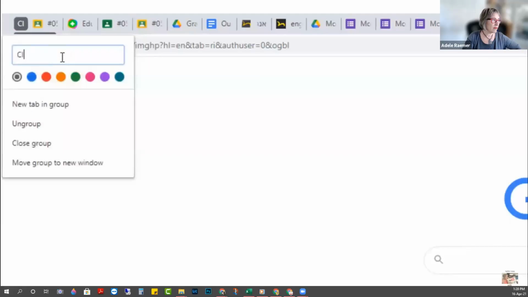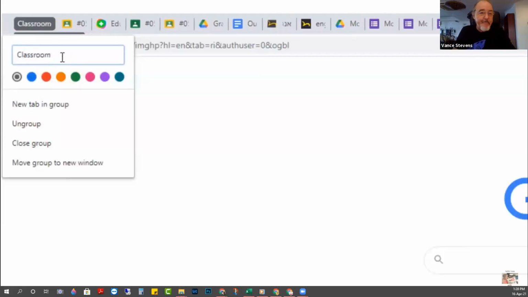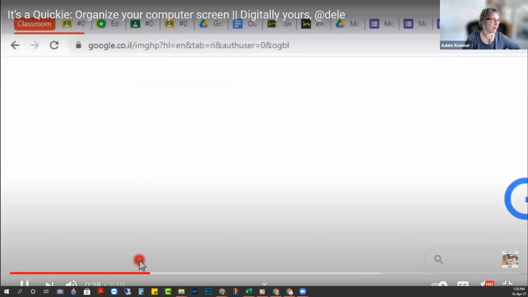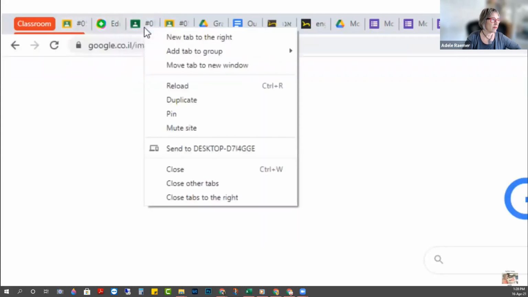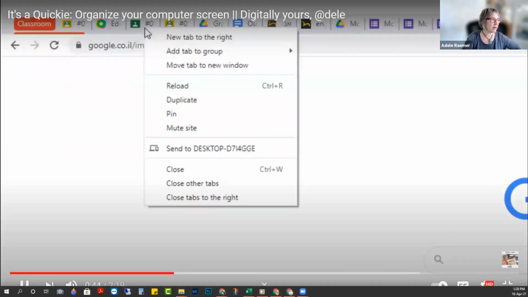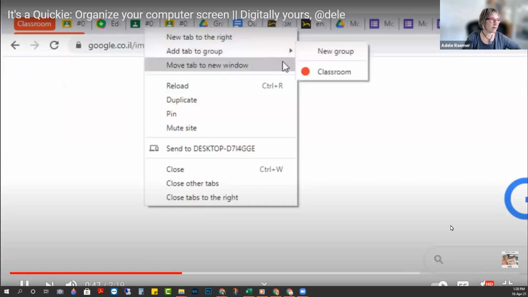Name. And I choose a color. It's going to be red. This is now the color for classroom. So everything that's connected to classroom, I'm going to add to the group. Click on the tab, add tab to group,